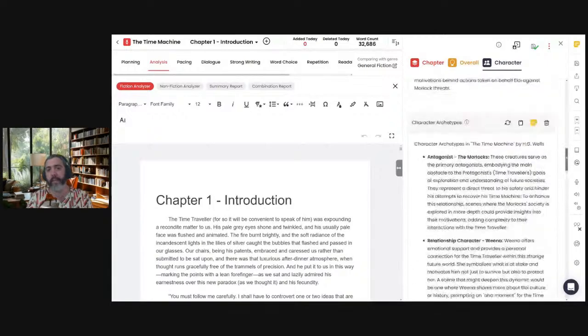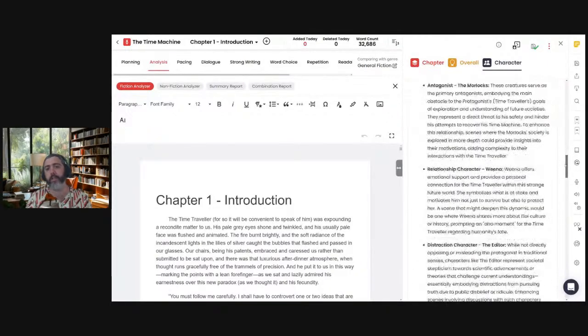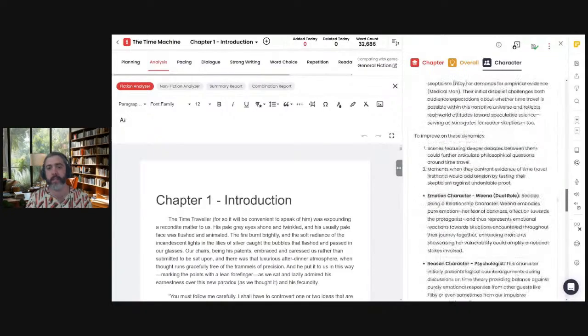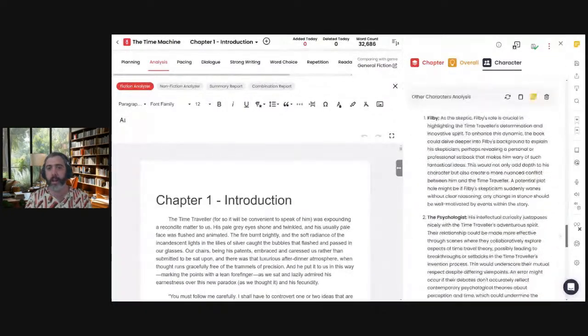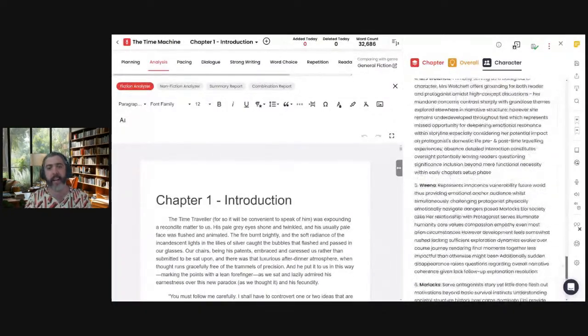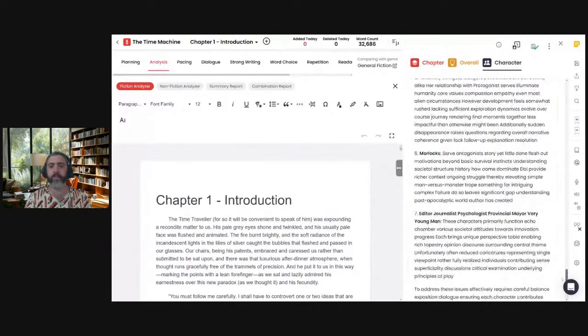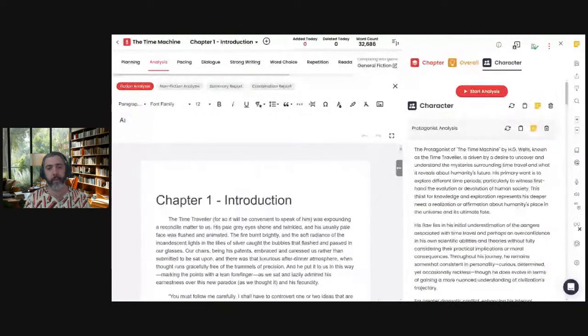So we have antagonist, relationship character, distraction character, support character, opposition characters, etc. And then it'll give us character analysis, and tell us what it thinks about these different characters. It doesn't do quite as much as it does for the protagonist, but it does give you a lot of information in terms of what their arc might be like and things like that.